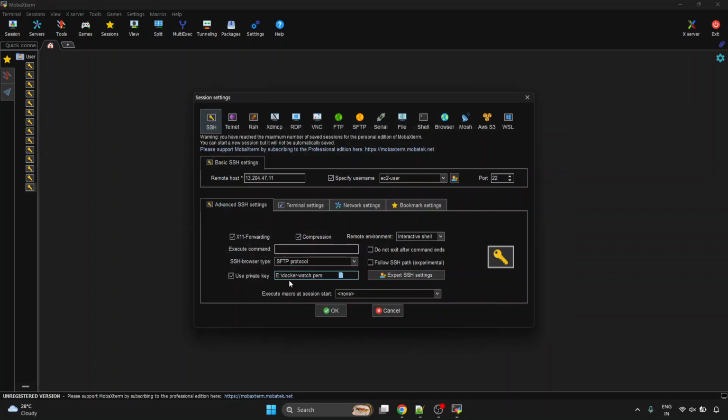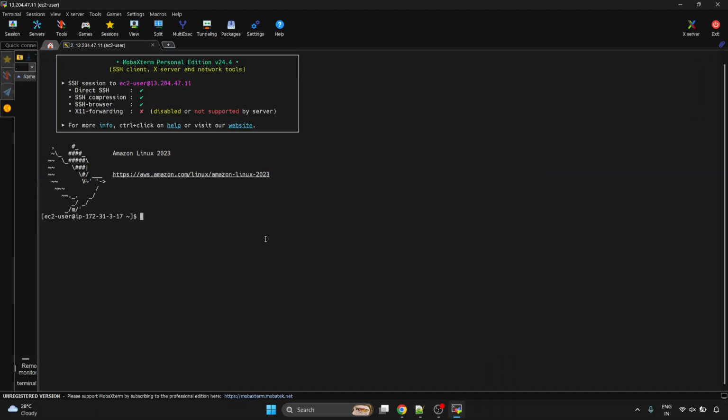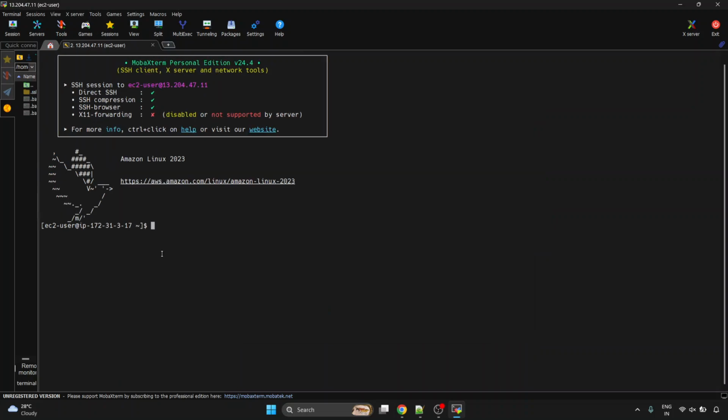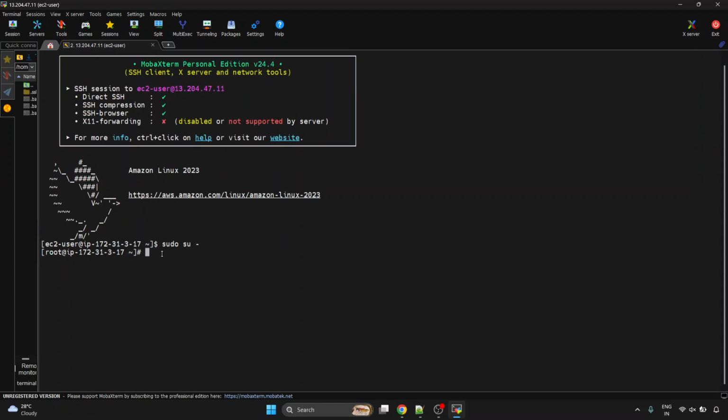Okay, the information is ready. So next, become a root user. sudo su. Install Docker initially. yum install -y docker. Once Docker is installed,